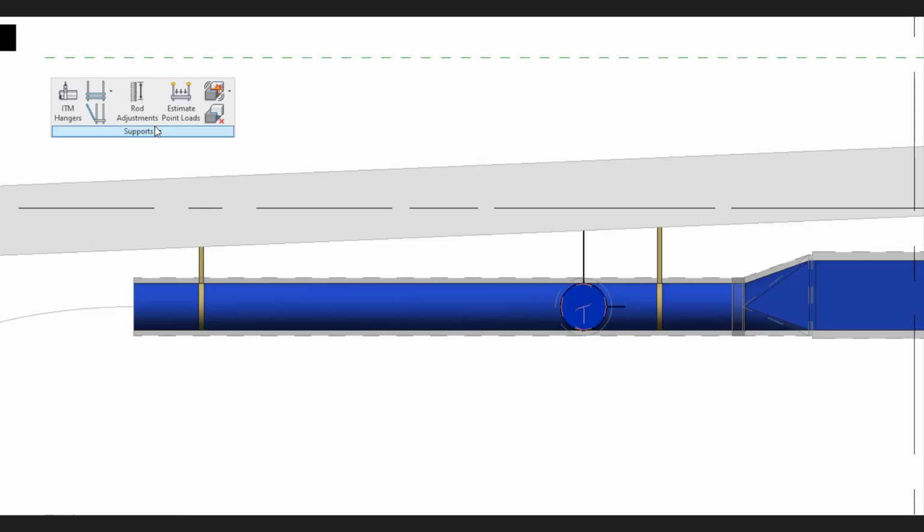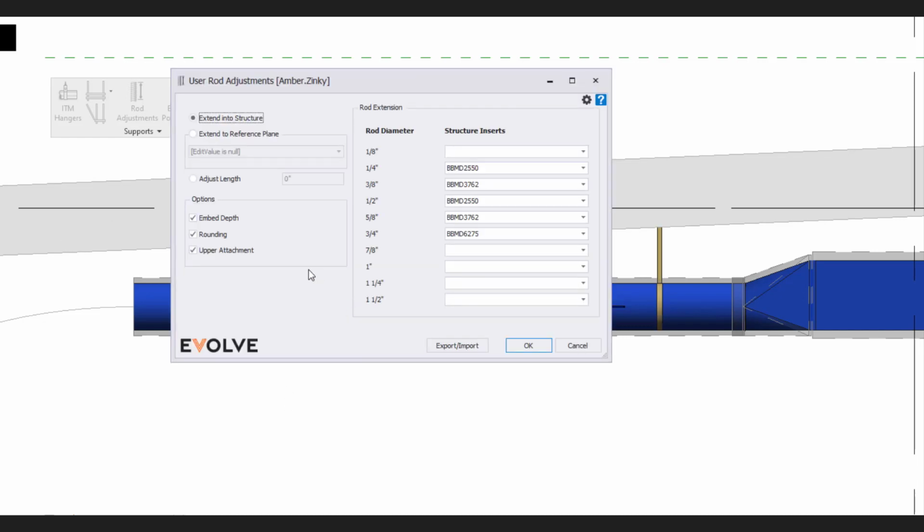First tool that we'll be going through is our rod adjustments. Within our rod adjustments, we can select our rod itself, rod or rods. There's going to be now an enhancement to our user rod adjustment settings where there's going to be that adjust length. We're able to come in here and specify the amount that we're wanting to adjust. So if it's a positive number, we can type in 1 foot here